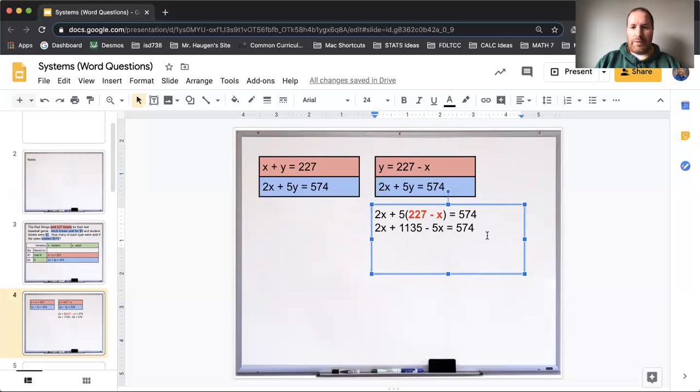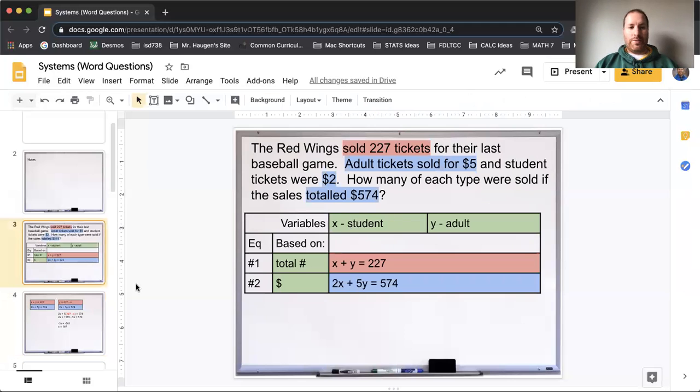So here we'd have, put the 2x and the negative 5x together. That's negative 3x. And then if we subtract that over, we got negative 561, right? Which we could divide by negative 3, and I can get that that is 187. So they sold 187 tickets for X, which for me were the student tickets. They sold 187 student tickets, and then I could figure out the adult tickets by taking that away from 227,